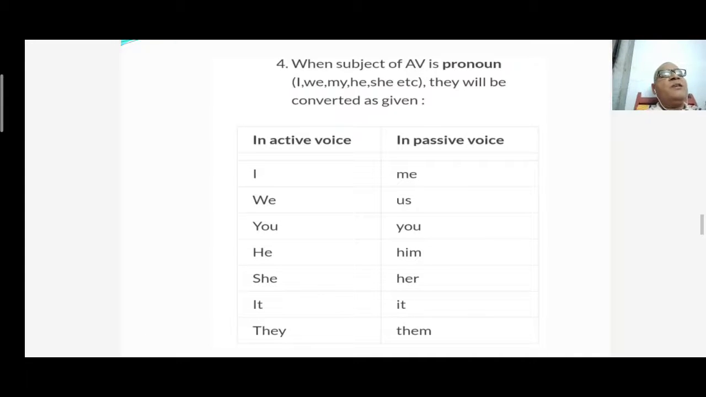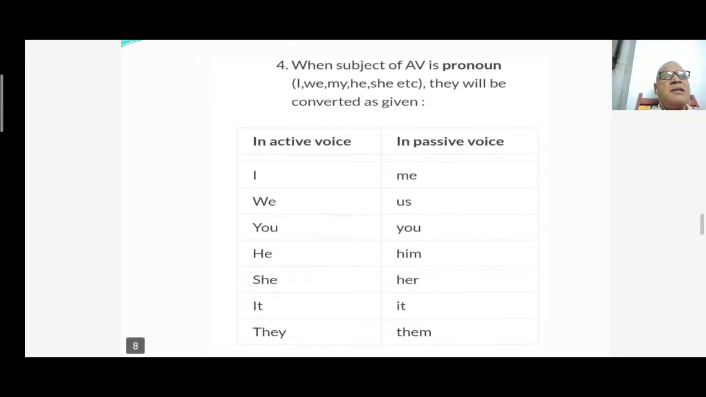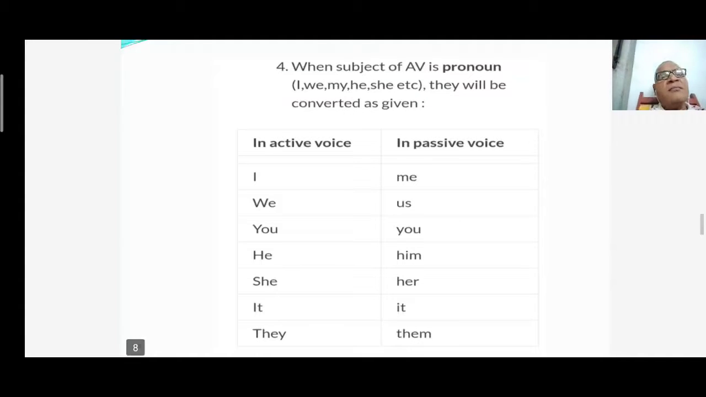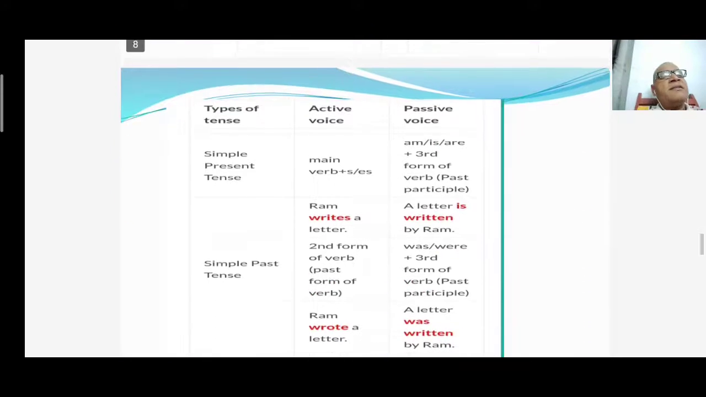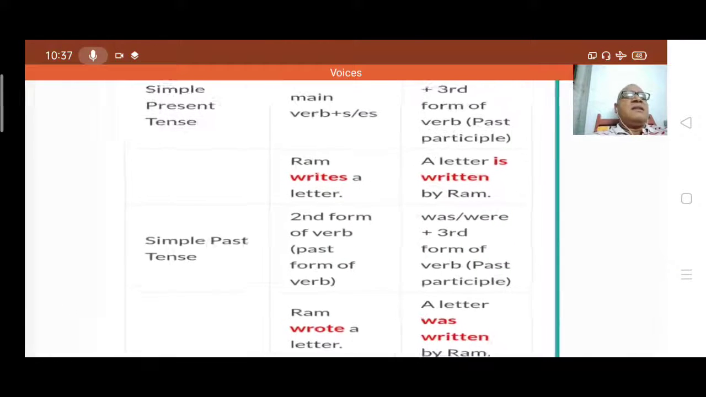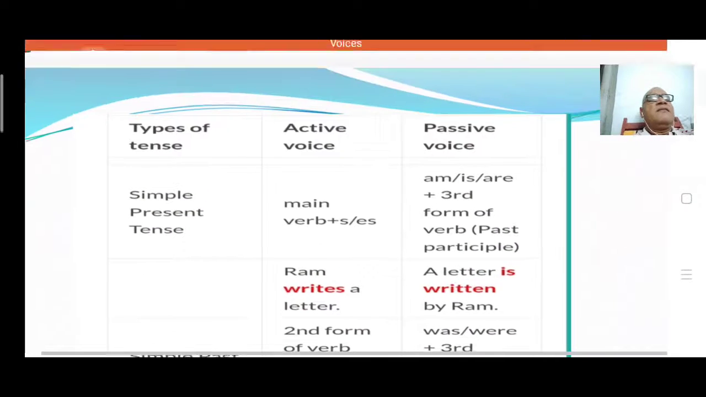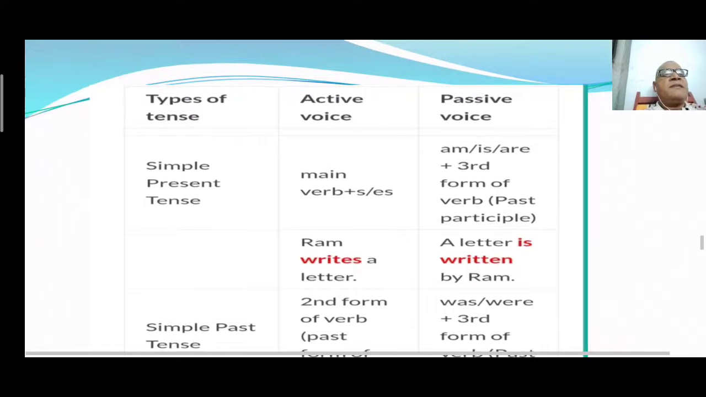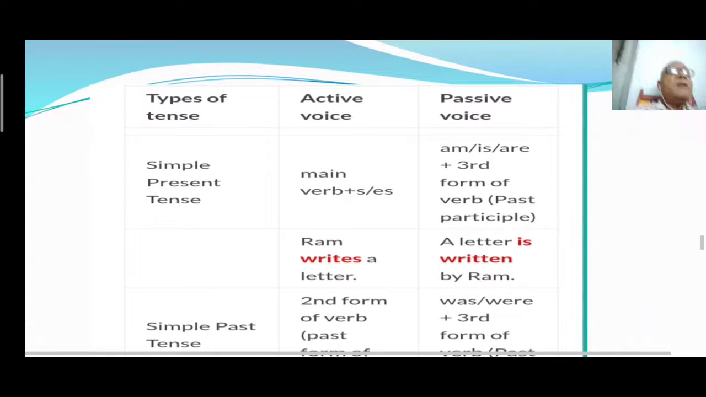I as we as I as me, we as us, you remains as you, he as him, she as her, it as it, they as them. So when we are translating the sentences from active voice to passive voice, let me go with one of the first tense,